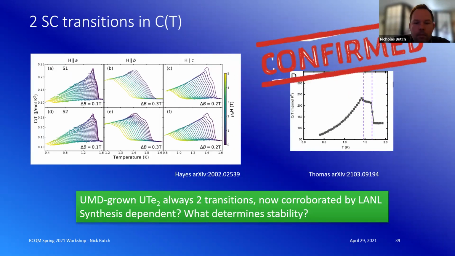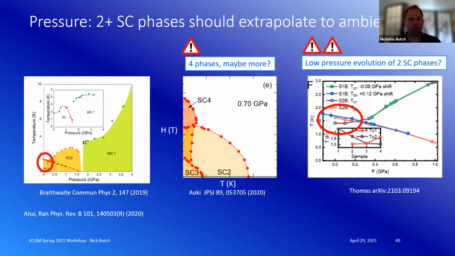But around March meeting, the Los Alamos group posted something to arXiv with specific heat showing also a double transition. So it's not just the funny air in College Park that's giving us two superconducting transitions. We at least know that if you make the samples a certain way, you will consistently get this double transition. But again, the underlying cause of this and the relationship to the order parameter is still under investigation.